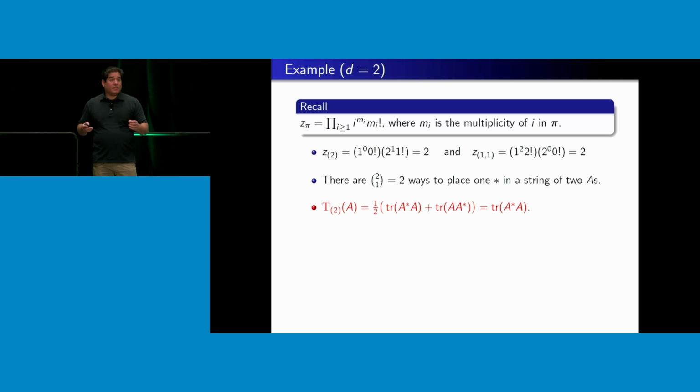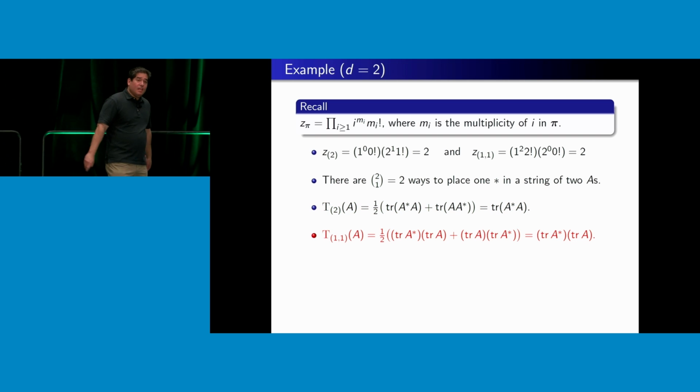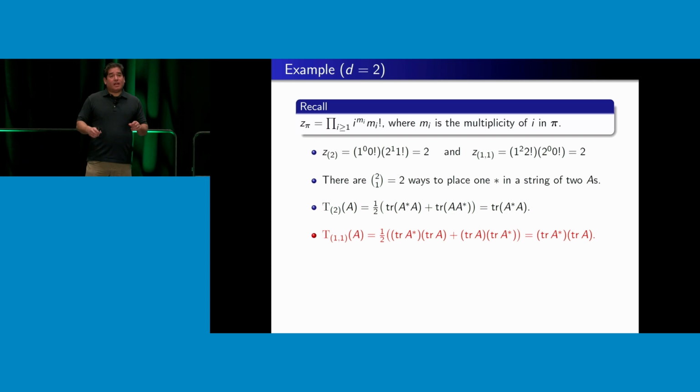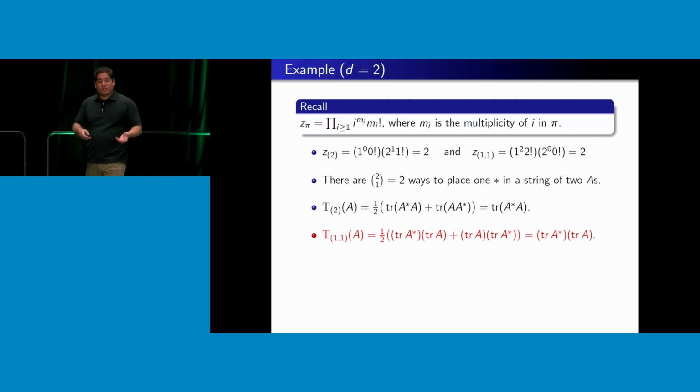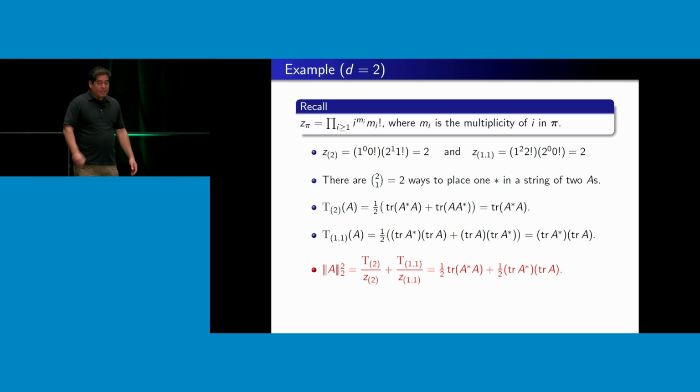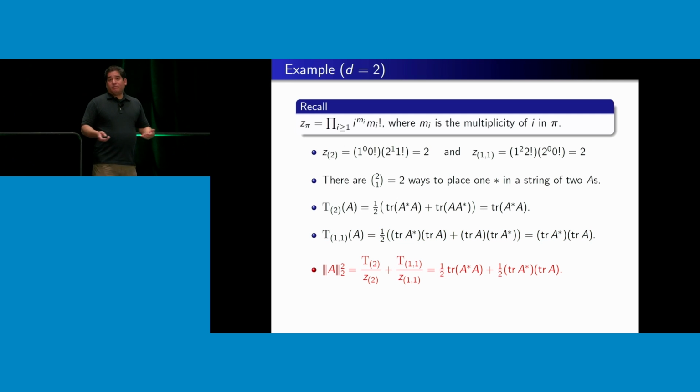Now that last equality is because the trace has this nice cyclic invariance property. So trust me on that. For the other partition, well, now I have trace A, right? And then I want to sprinkle 1 star among them. So I average over that, and I'll get trace of A star times trace of A. And so that gives me, in this case, the square. I got rid of the square root. That gives me the CHS 2 norm on all the n by n complex matrices.